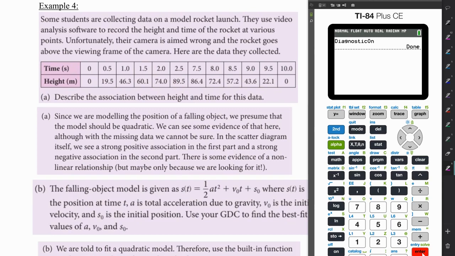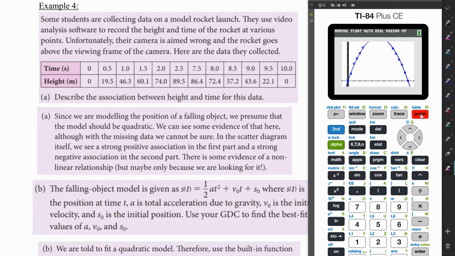So if you're ever looking for something in your graphing calculator and you can't find it, you can always go to the catalog and search through there and see if you can find the command that you're looking for that way. Anyway, now when I press y equals, you see it has copied and pasted that equation in for me, so I don't have to type it. I press graph. And remember, my window was already set for my scatter plot, and now it fits the model